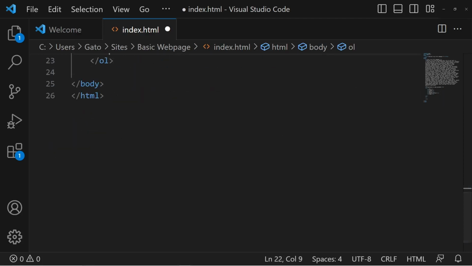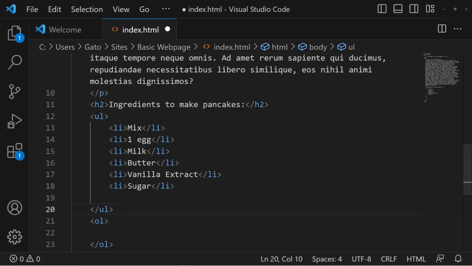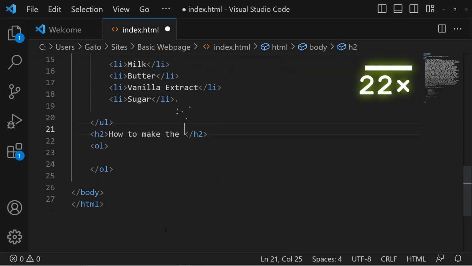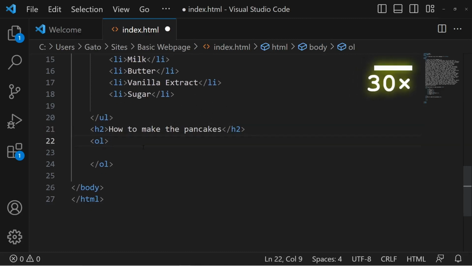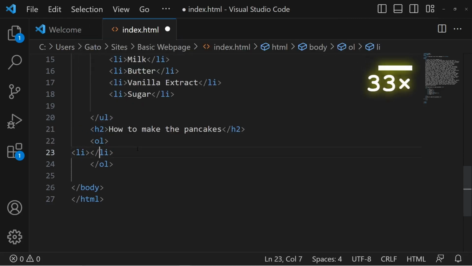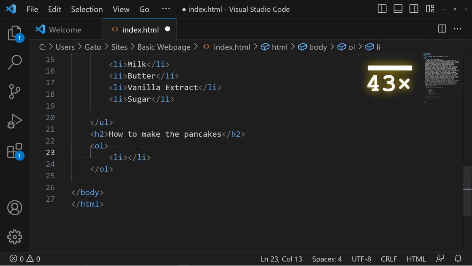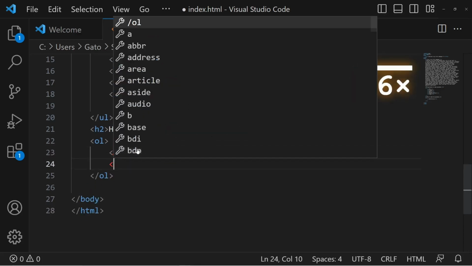So let's make the steps. Like, what steps do we take? So let's make another subheading. How to make them. Or to be more specific, the pancakes. So add more list elements. Oh my god, it's not indented properly. And then add the mix. Then